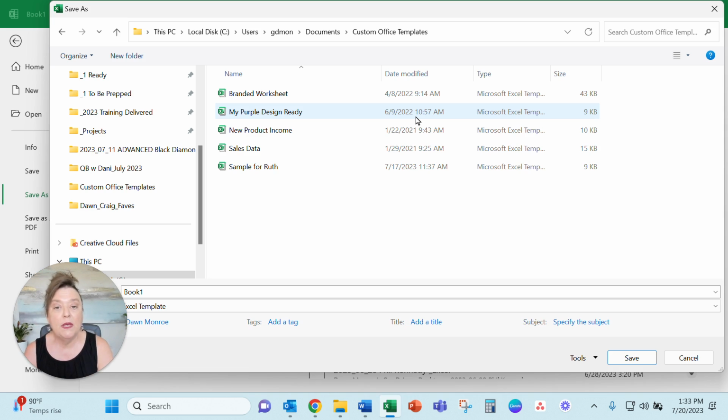When you open one of these template files to get started, it's like creating a new document, and you get to choose the name of it and where you store it, and so you don't accidentally write over a file that you worked on last month, doing that new report. How many times have we done that? You open the file and you start working instead of saving a copy. So this helps